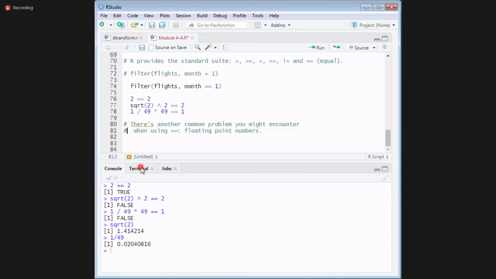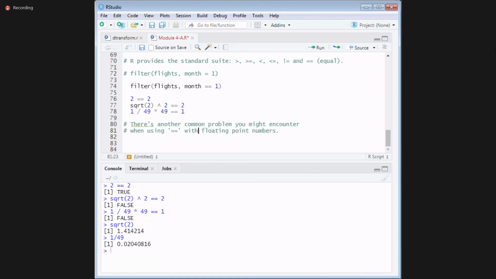There is another common problem you might encounter while using double equal to with floating point numbers. Here you get trouble.